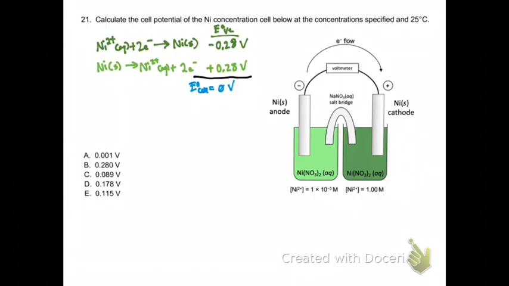So at this point, you might say, what? Well, then how can there be a voltage? And the idea is that we use different concentrations in order to facilitate the flow of electrons. So what I mean by that is this cell will keep going until we have an equal concentration of nickel 2 plus on both sides. So there actually is, in effect, an overall reaction that takes place, because in our